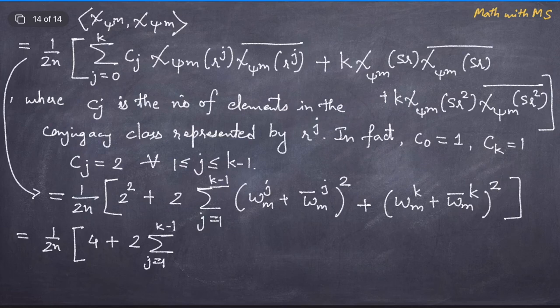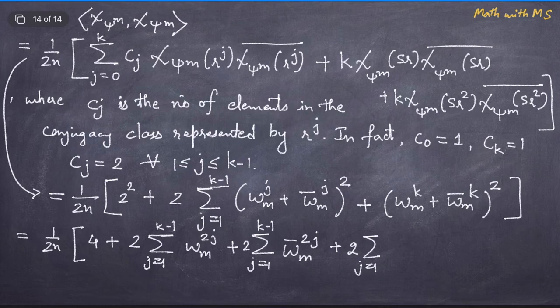Just open up this square, it becomes omega m to the power 2j plus summation j from 1 to k minus 1, 2 times of this into omega m to the power minus 2j, plus 2 times of this product omega m to the power j times omega m to the power j bar, right, but omega m is a root of unity, and therefore the element multiplied by its bar is the absolute value, which is just 1, so it is plus 2 times summation j from 1 to k minus 1 of 2,